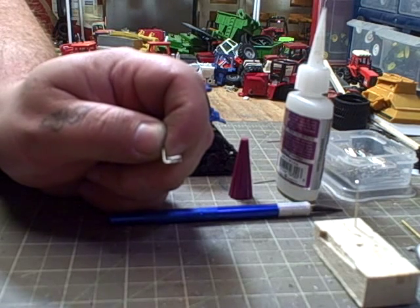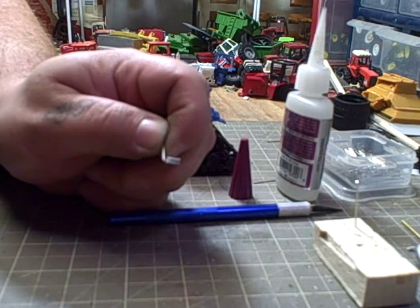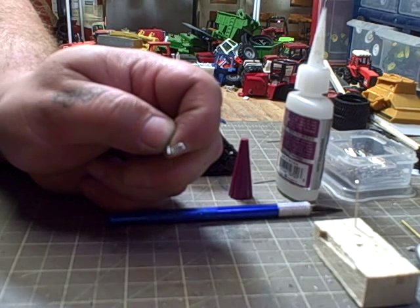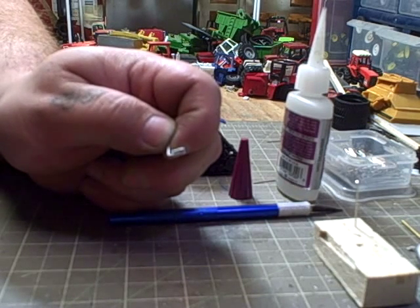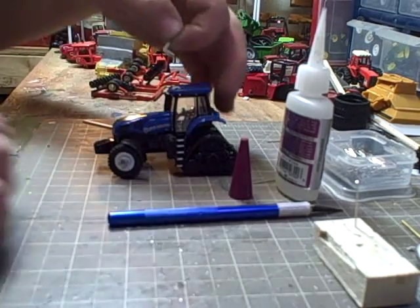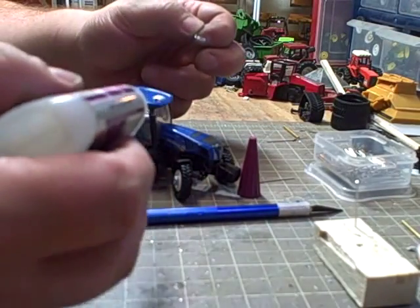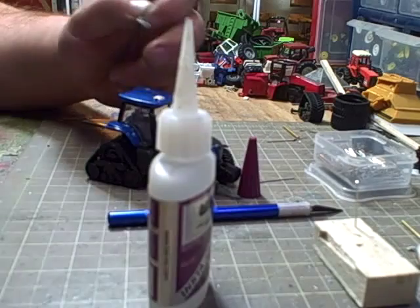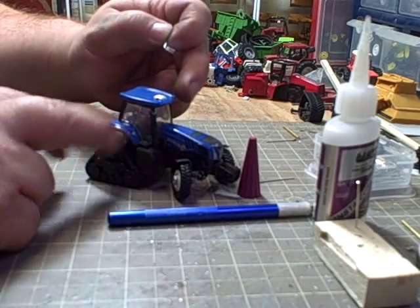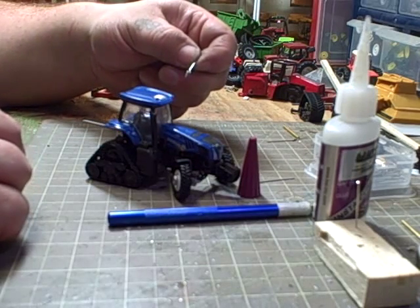Once you paint it black, it's a lot harder to see, so it's not that big of a deal. Obviously you will see it if you look close enough, so it's a little bit of an issue, depending on how detailed you're getting. But that's how we're doing our mirrors right now, and we're going to apply them. We used our 1/32 drill bit and put a hole at the top of the cab, front, left and right, and